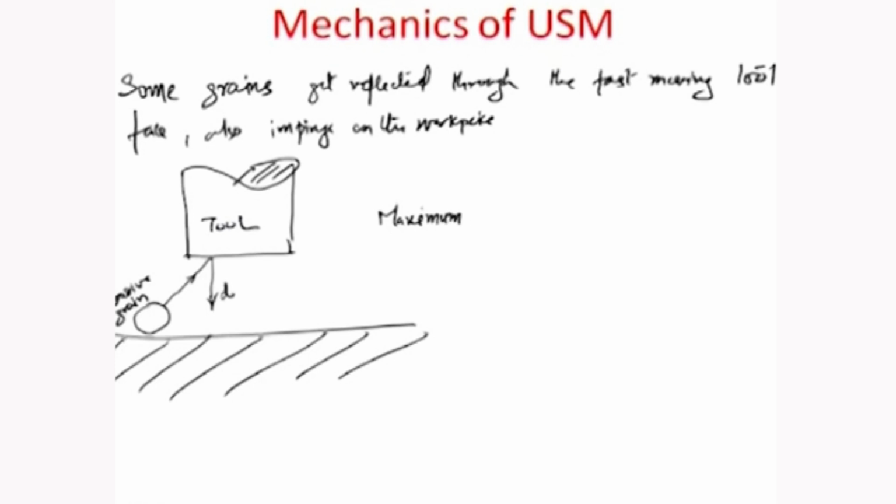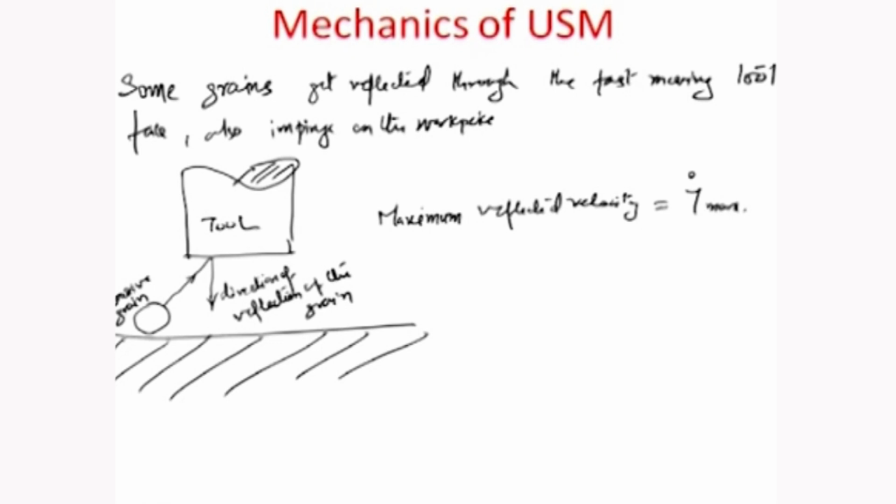So this is the direction of reflection of the grain. So the maximum reflected velocity needs to be somehow determined in this particular case, okay. So that is actually, let us say, y dot